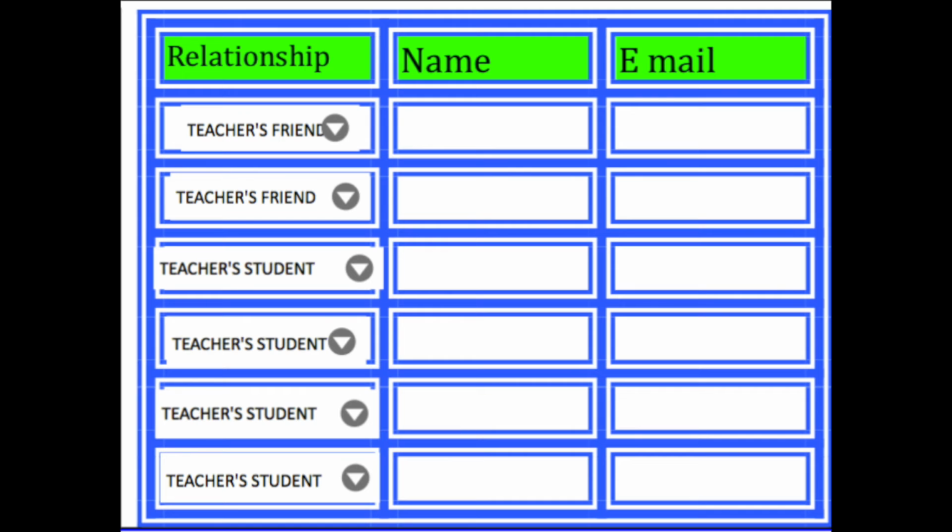Then click the first box to select how the panel member is related to you. Then enter the panel member's name and email address. The email address is only used to send the SOI for members' signature, online movies, and sponsor coupons to the panel members. Next is the statement of opt-in. This box must be signed with your electronic signature in order for us to communicate with you by email.